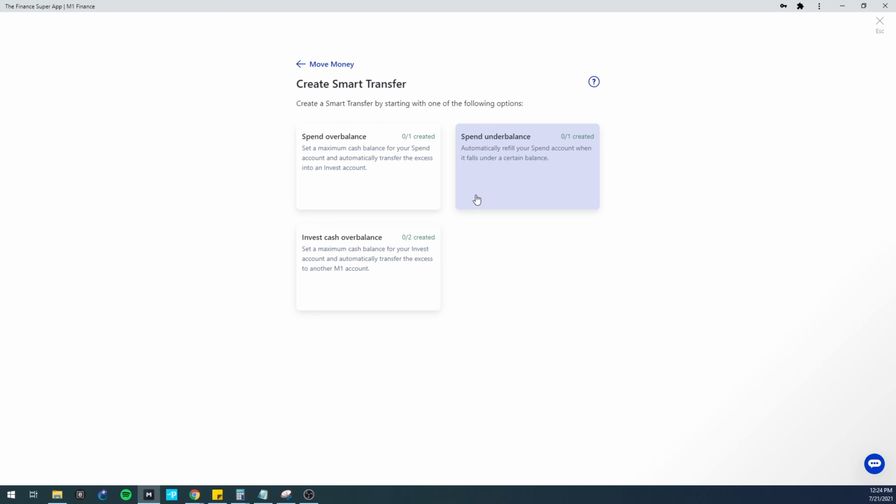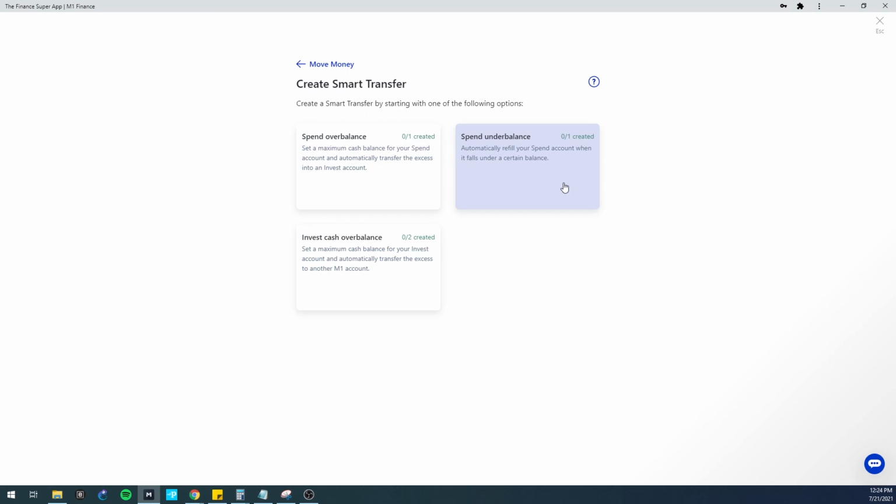So if you have M1 Spend and you have multiple M1 portfolios, like a Roth IRA, different typical accounts, your custodial accounts, a 401k, you can set it up to where money gets moved from your checking account to your investment account, or, if your checking account doesn't have a certain amount, you can say, okay,